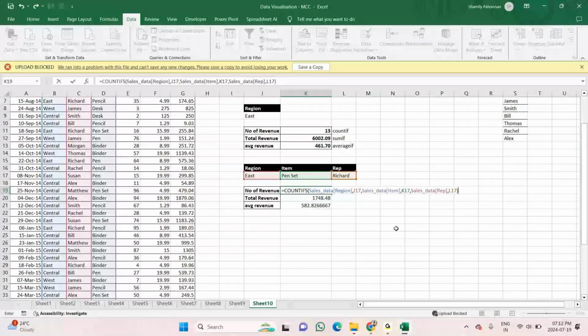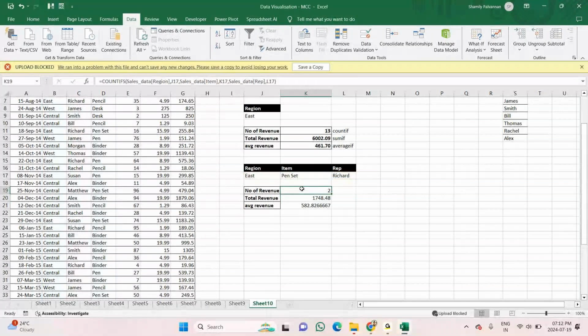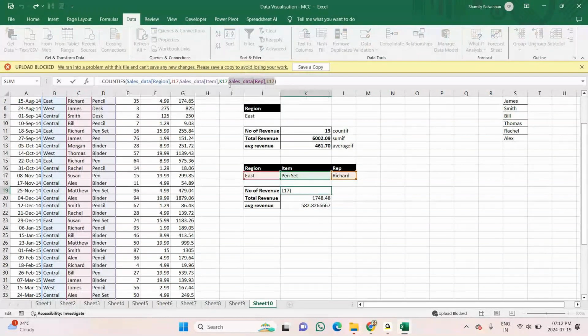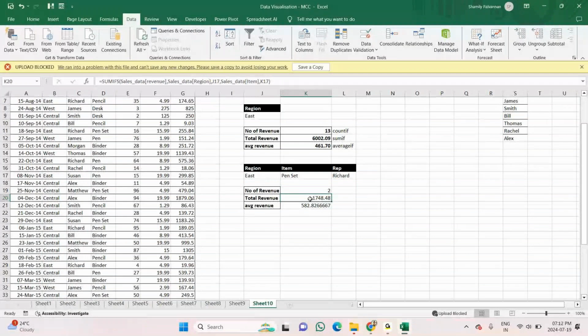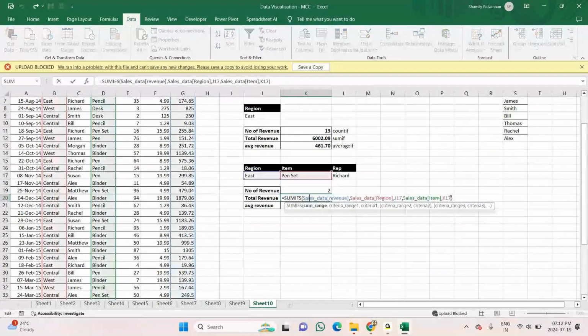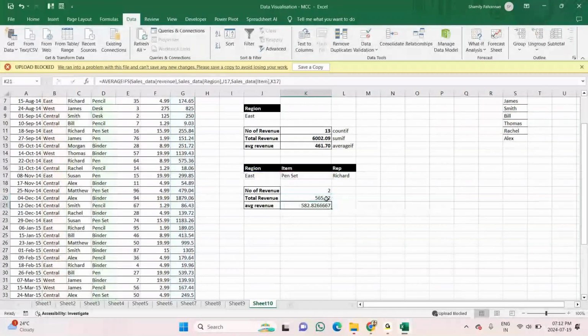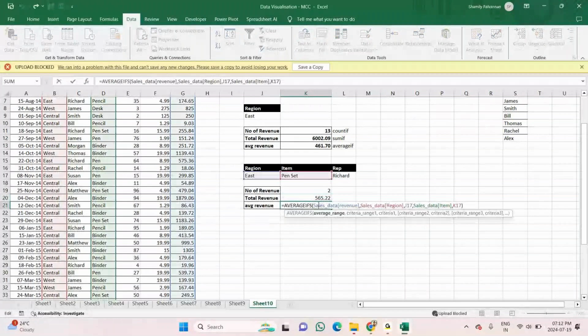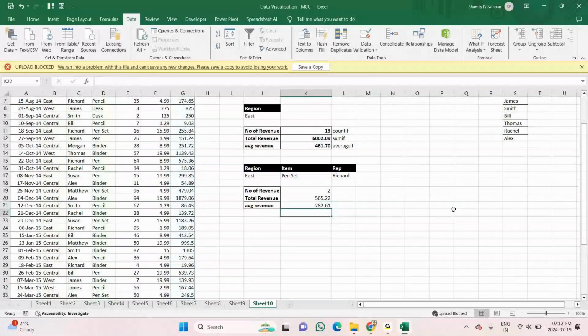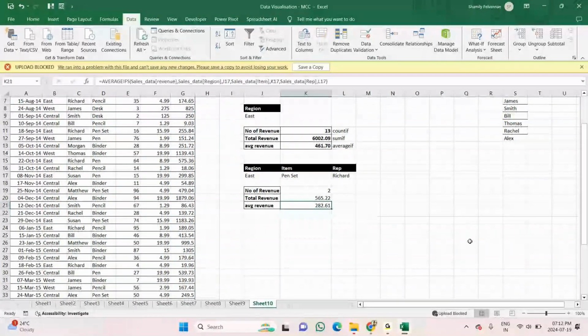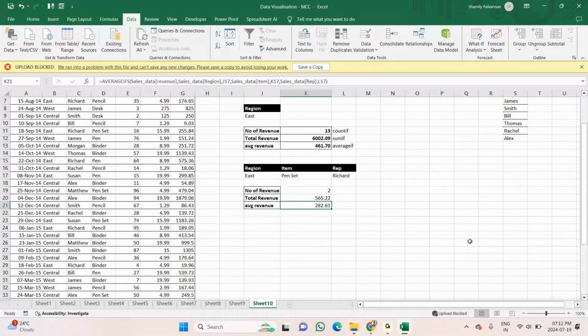So now see, the sales has become 2. How you want to make the changes, you can make. In this also I can make changes. After this I'll give a comma, and see, this is the sales. Here it is showing 582. I'm just adding another condition here, see, now it has become 282. So 3 conditions also I have applied.